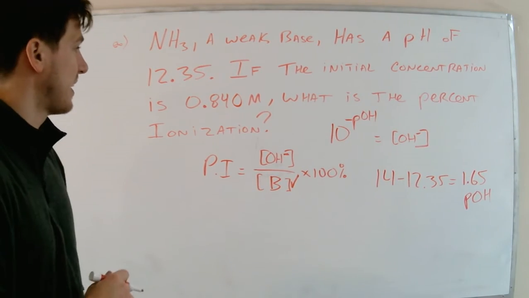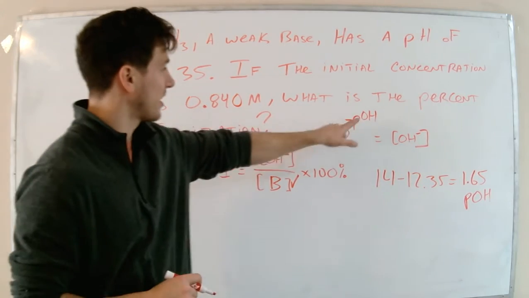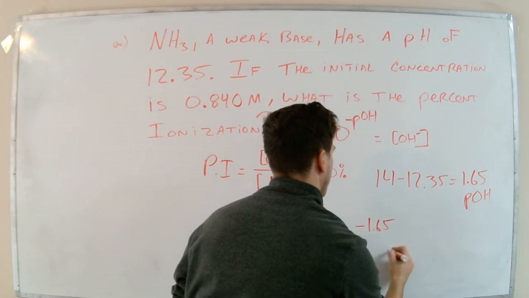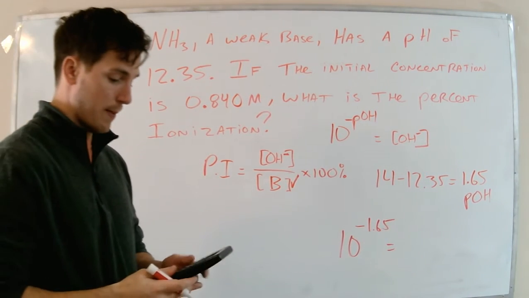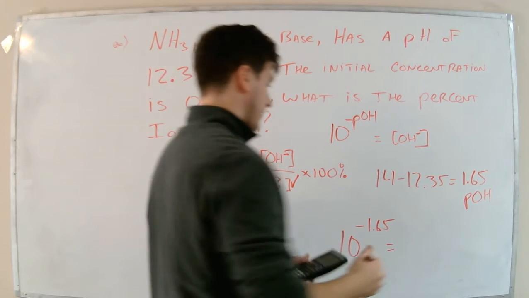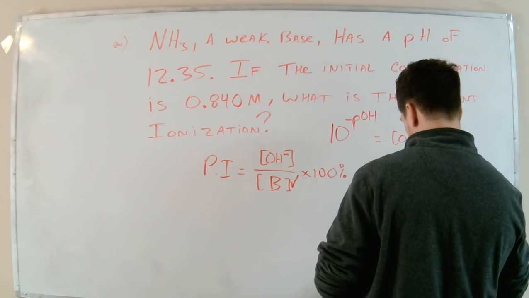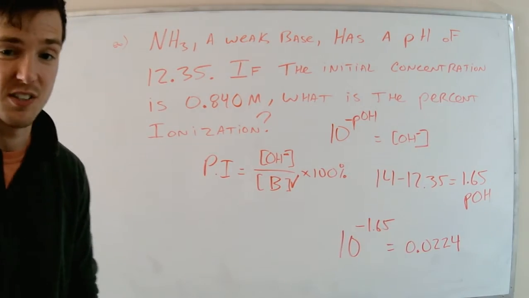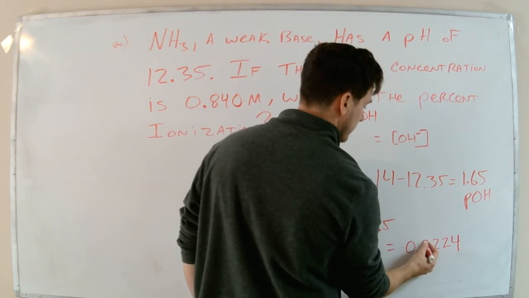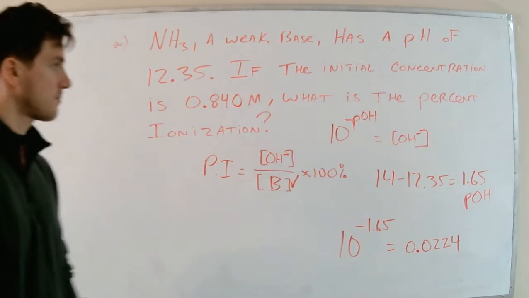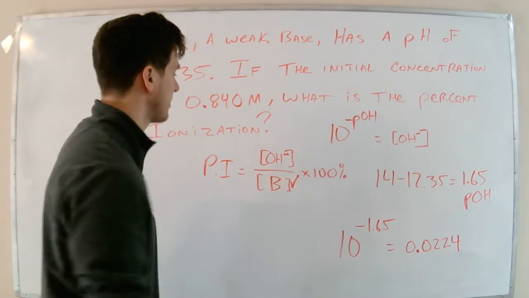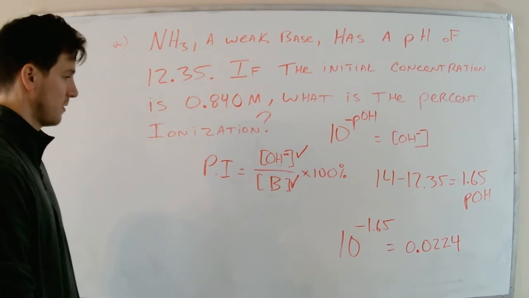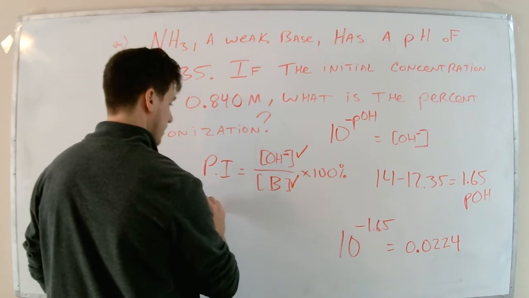Now let's figure out OH minus, right? I can just do 10 to the negative pOH, or 1.65, to get my OH minus. If I take 10 to the negative 1.65, I get 0.0224. I just took it out to the number that rounded the nicest, so 0.0224. And remember, that is now my OH minus, so now I have both of my concepts to help me with this. So I'm going to put my OH minus